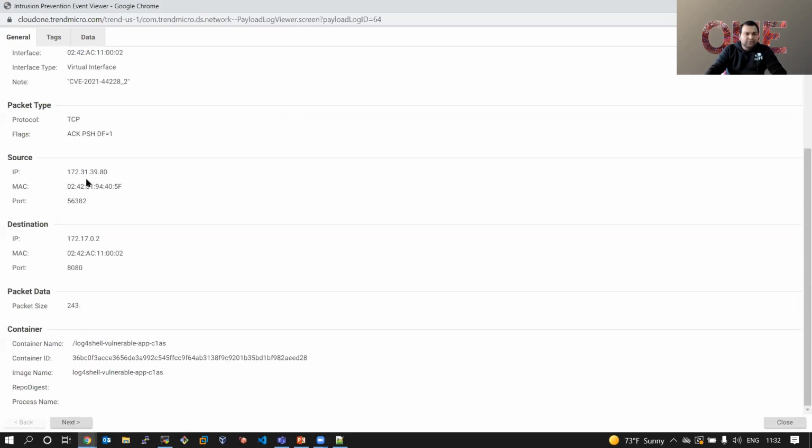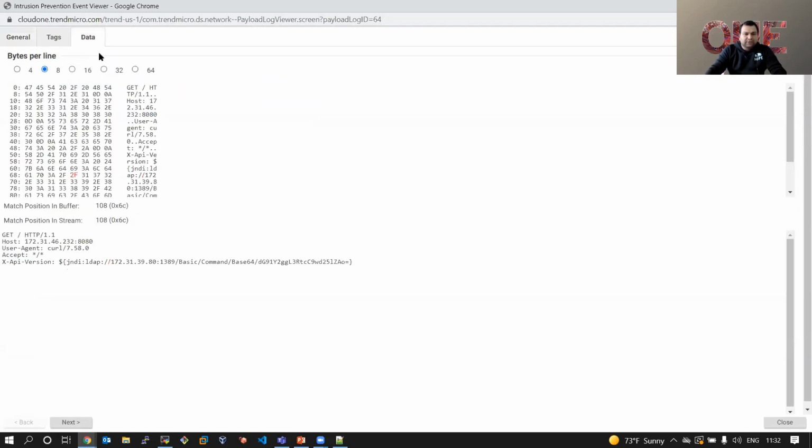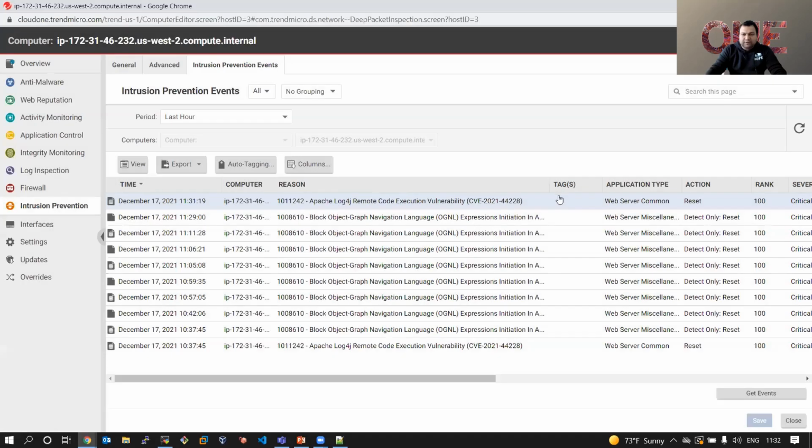Again, those details are showing you source IP, destination IP, where this particular application was running, what the target was, the container name, all those things. And you can also see the payload as well. So this is what we sent. This particular payload was sent in the HTTP request from the malicious attacker to the web application, which was vulnerable. So that's been captured here, and you're protected from this particular exploit from happening with the help of Trend Micro's intrusion prevention or virtual patching rules.